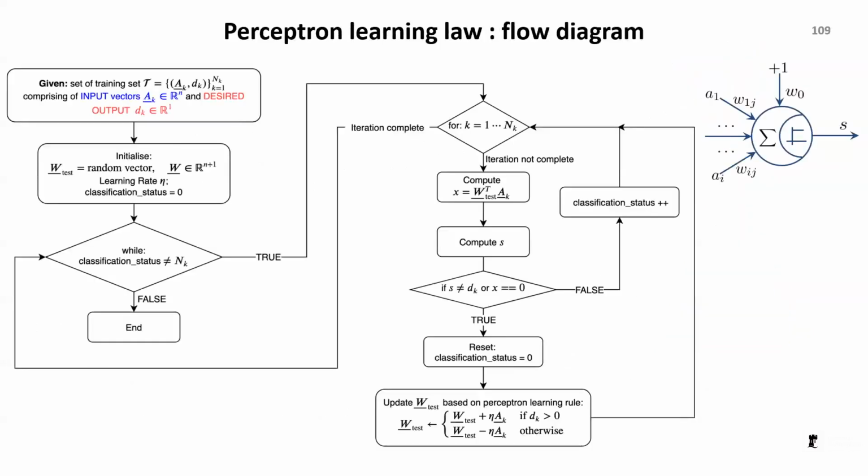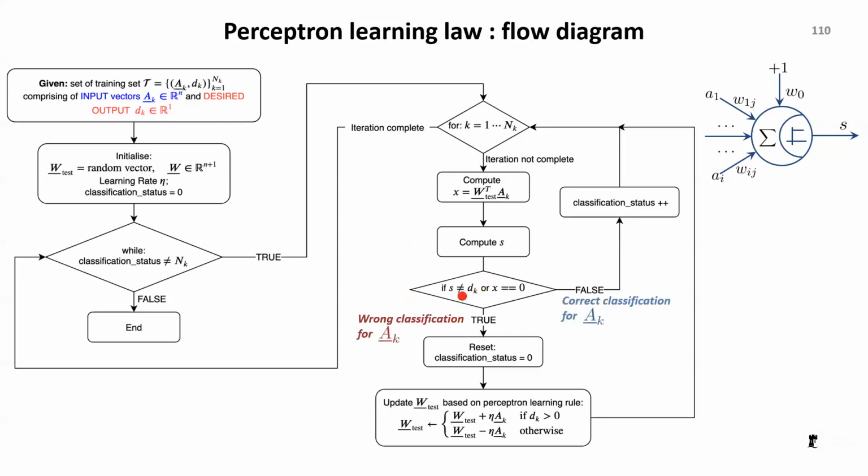Now, this is the flow diagram, your first algorithm of perceptron learning law. Everything here is basically just setting up, right? So you have input points, there are a number of k, and then you need to set the learning rate. Everything that you need to initialize first is some random weight, and then the learning rate, and then you just start iterating for all points. For all points, you compute the inner products, and then you see whether it is already correct or not.